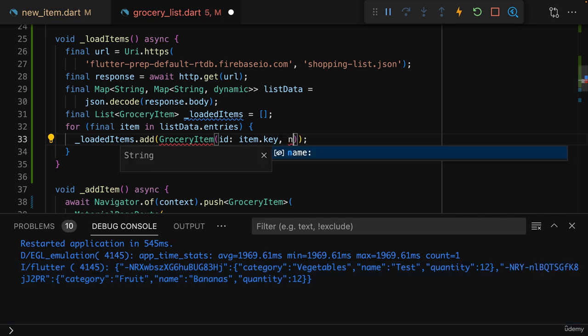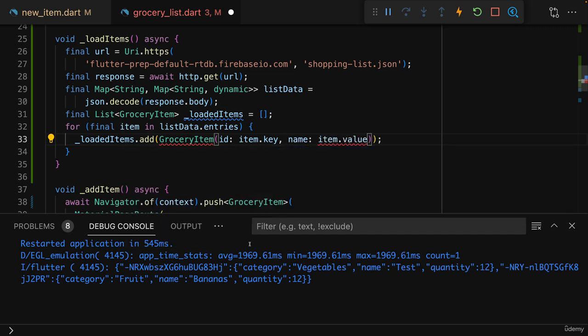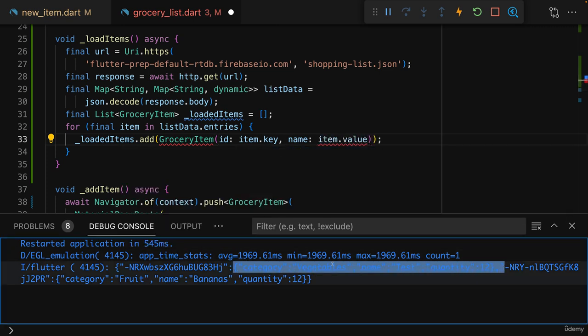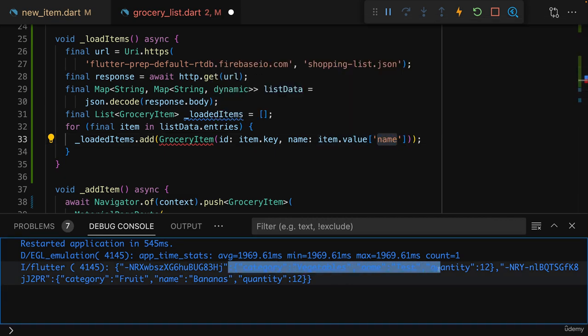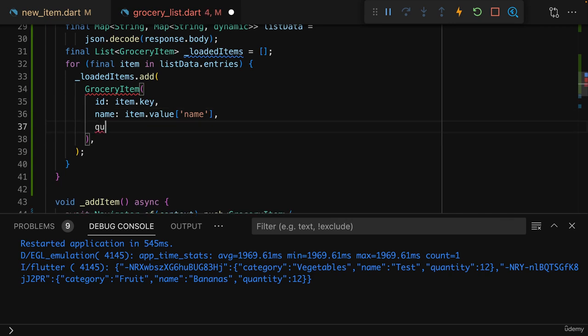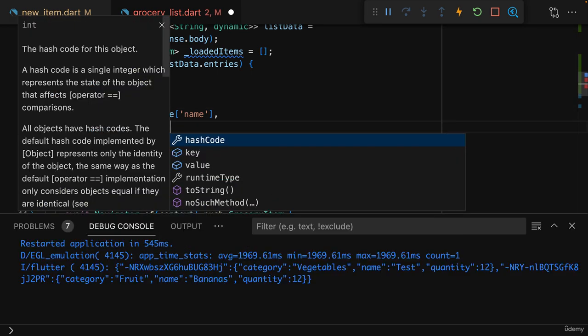And then for the name, for example, I want to use item.value to dive into this nested map here, and then there it's the name. So item.value and then with square brackets, the name. This is how we access this key with a name of name inside of this nested map. And now we can do the same for the quantity. This would be item.value